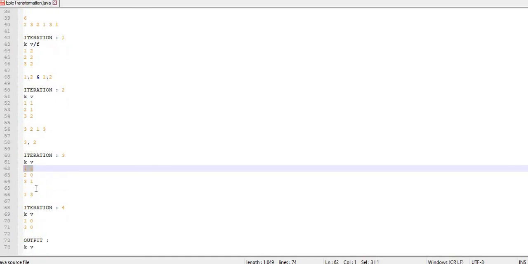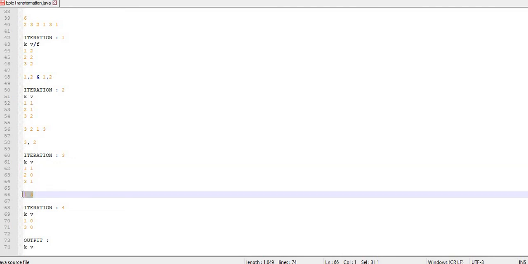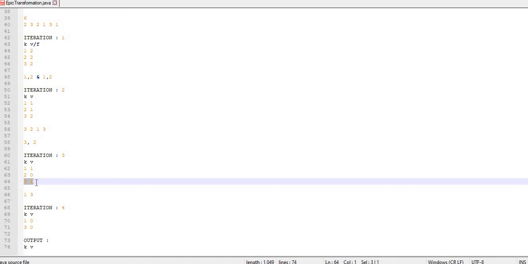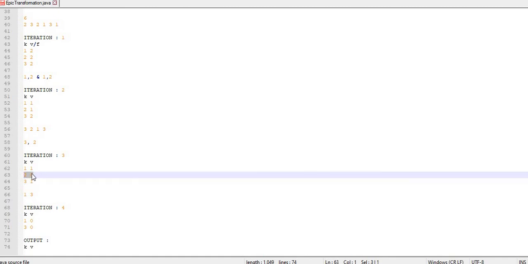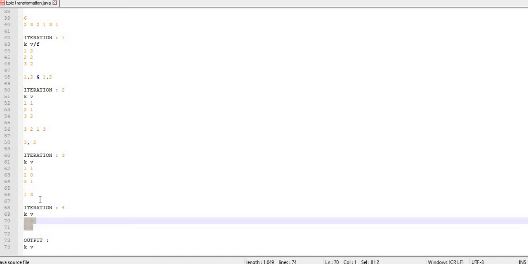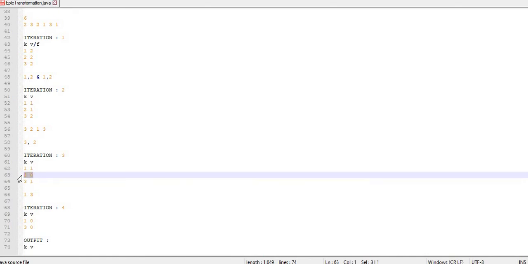Now after this, in the next iteration, what would happen? 1 and 3 both have different values, so I can safely delete these, and 2 is already removed now. So I have only 2 left, and I can discard it from here. Because there is no more frequency for the value 2, I can safely delete this thing. Okay, so I can say this is deleted.